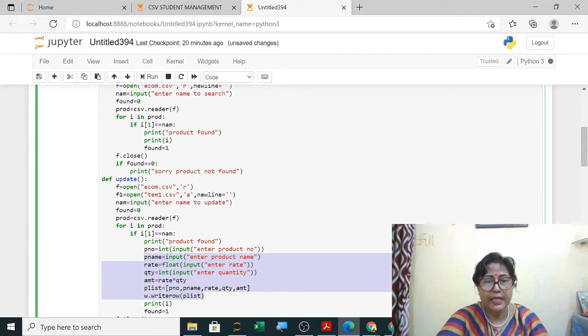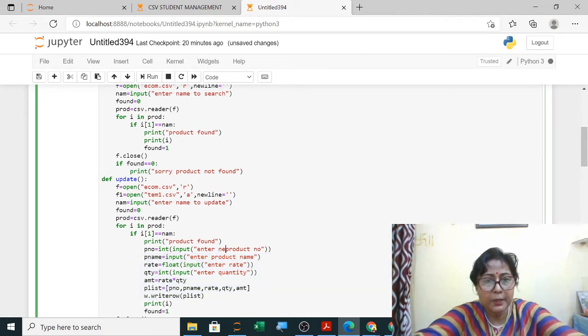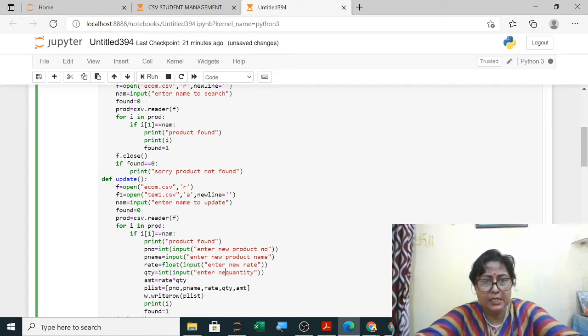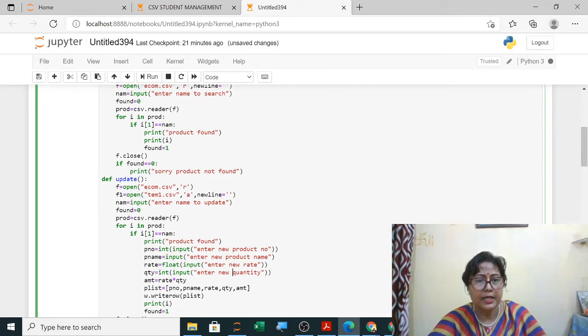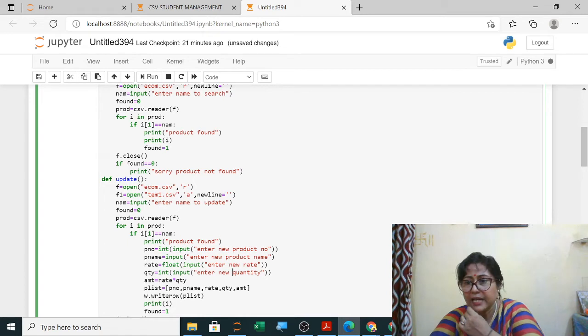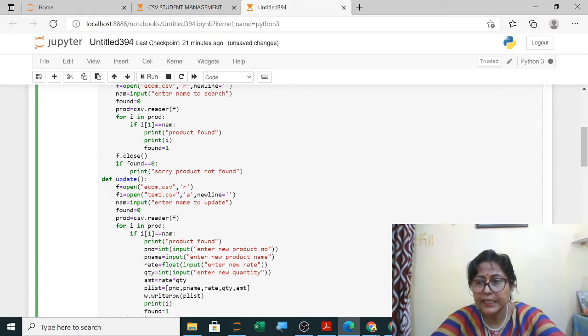Now I will take enter new product number, enter new product name, because you are updating, enter the new data, or at the top you could have written enter the new details. Clear? Amount it will calculate, it will store, it will write in that file. After writing, writer and writerow you have to use.